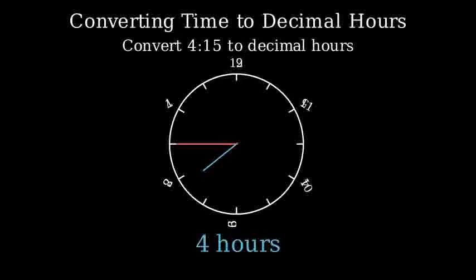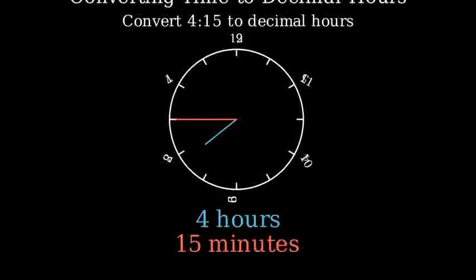The 4 hours part is straightforward. That will be 4 in our decimal. The tricky part is converting the 15 minutes to a decimal. To convert minutes to a decimal of an hour, we need to remember that there are 60 minutes in 1